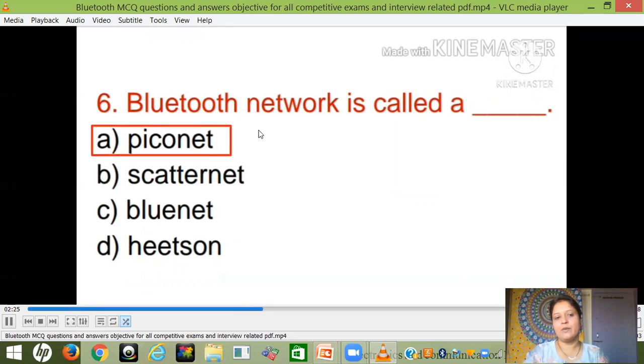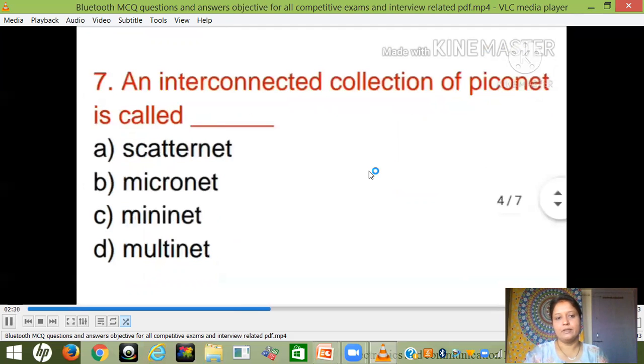हैं? तो उस नेटवर्क को हम पीको नेट बोलते हैं। Piconet. यानी कि बिल्कुल छोटा नेटवर्क।